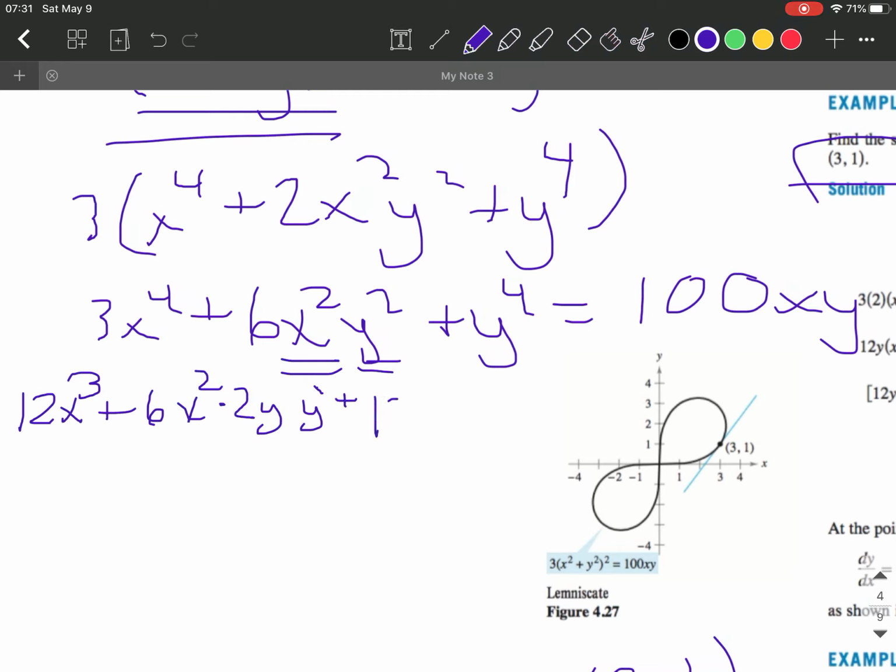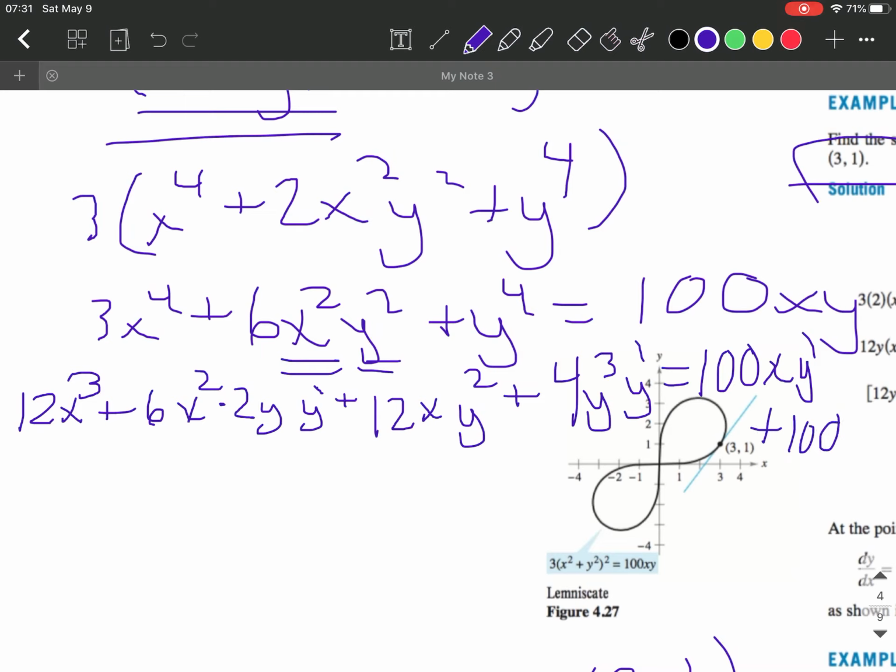So that would be 12x y squared, and then I would get 4y cubed y prime. And then over here, I also have to use the chain rule. That's 100x y prime